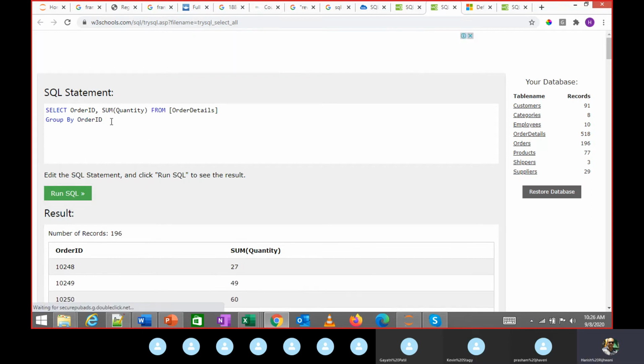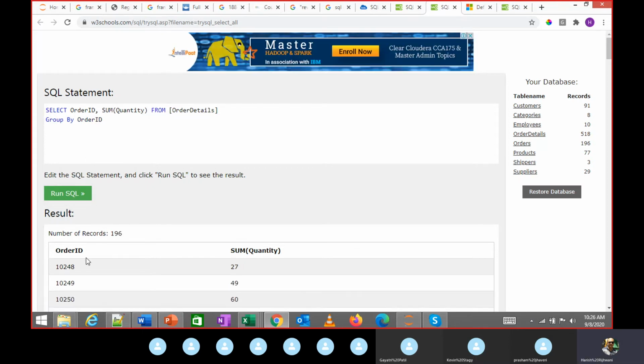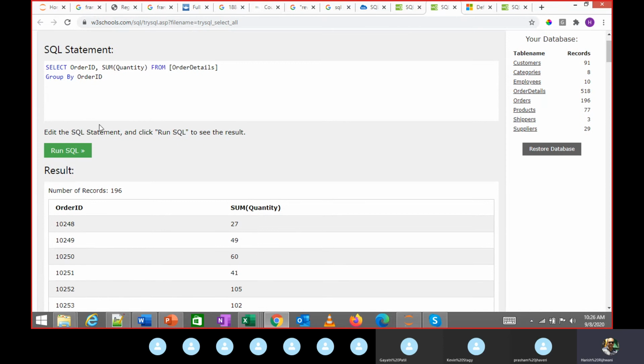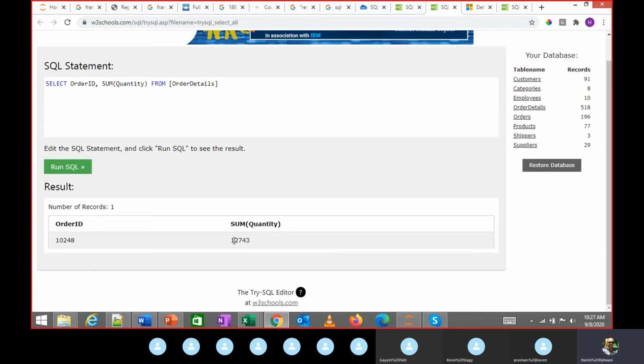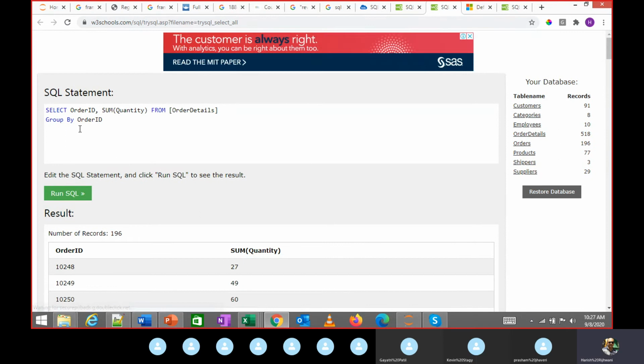When I do this group by order ID, I will get all the orders and the values. When I remove the group by and run this, it gives me the total sum, which is not what I want. I want it to group by order ID.